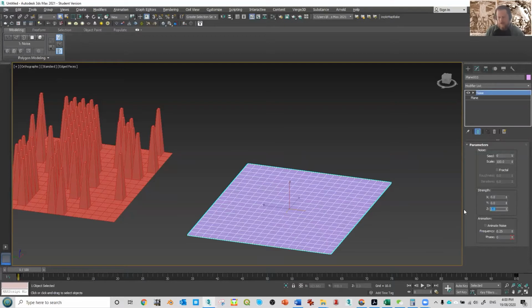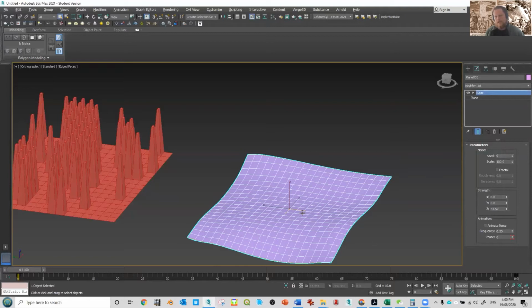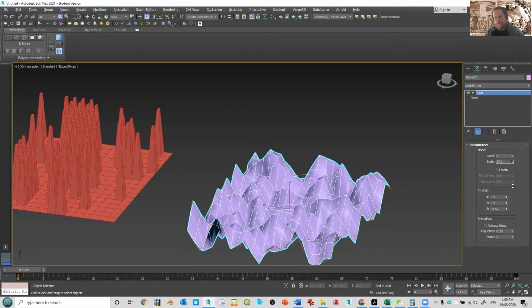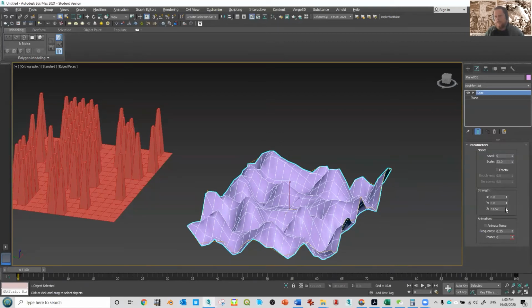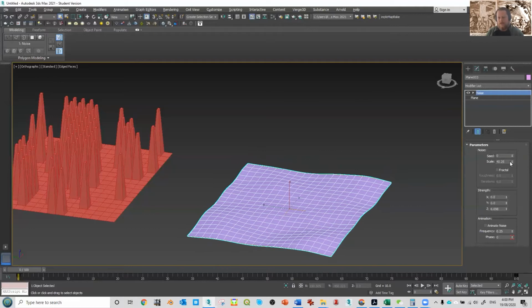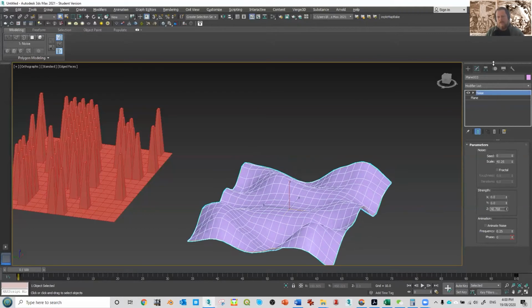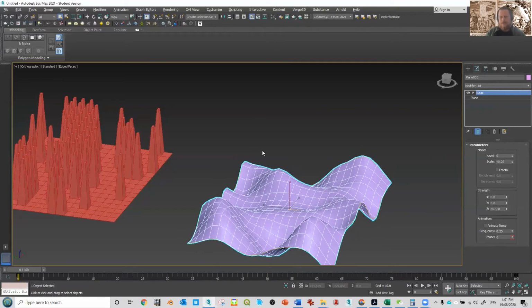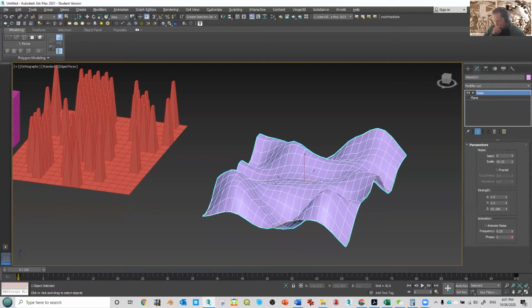So I can say, I don't know, let's just drag the spinner up. So you can see that it's distorting that surface. So it's basically applying a kind of random surface wobble on it. And then the scale is something that you can also play with. So that's a sort of tighter noise, which might be what you're after. Let's scale it up a bit and emphasize that. So that's a noise modifier,